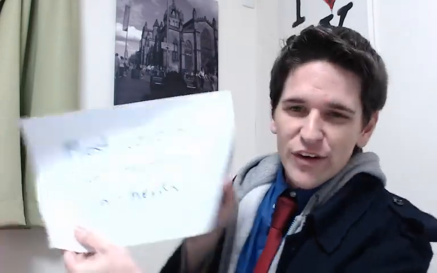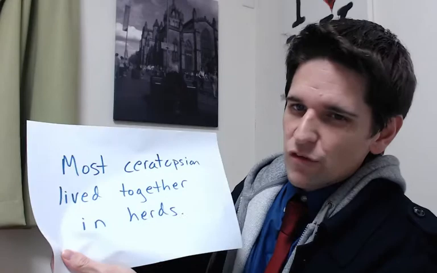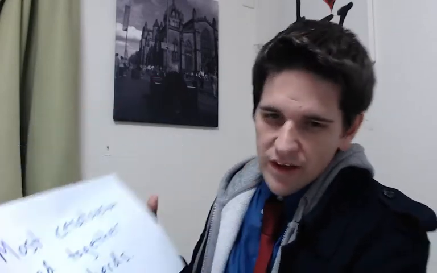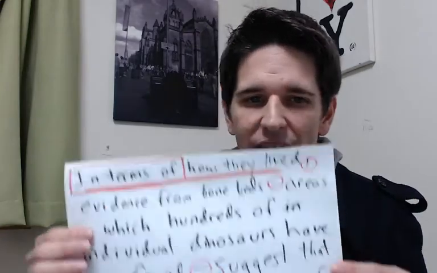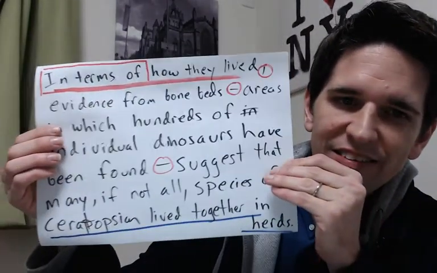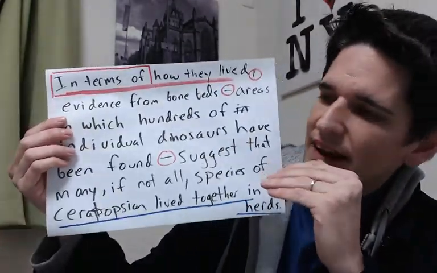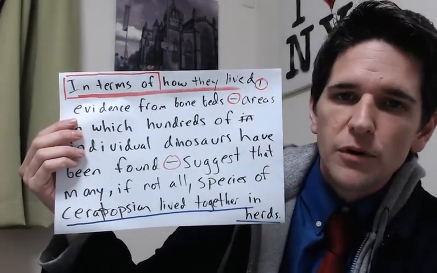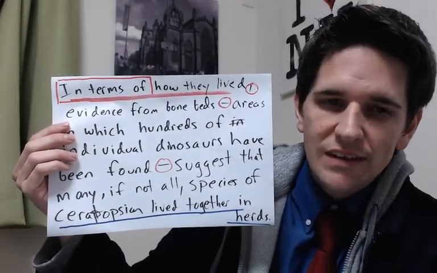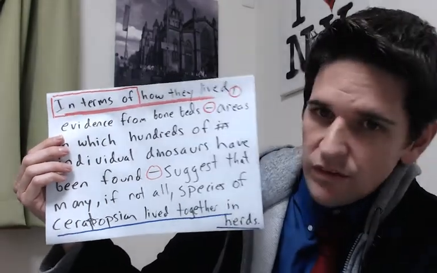Please come back. But yes, so here's the simple sentence. Most of these types of dinosaurs live together in herds. Let's see a TOEFL with the same exact main idea. This is the same exact main idea, except super long and filled with details. Okay, so it needs to have these details here